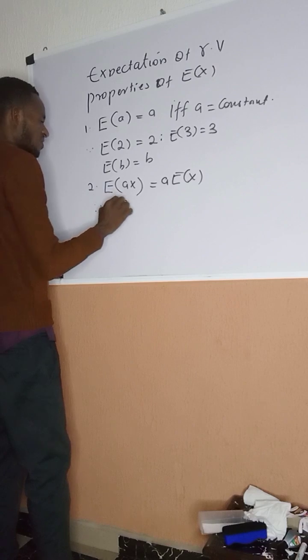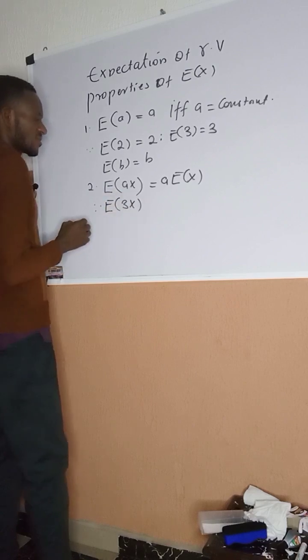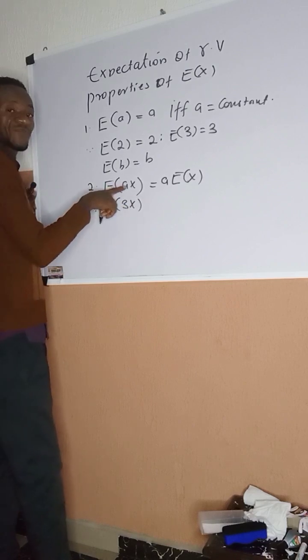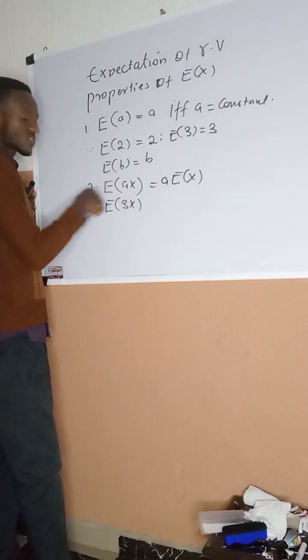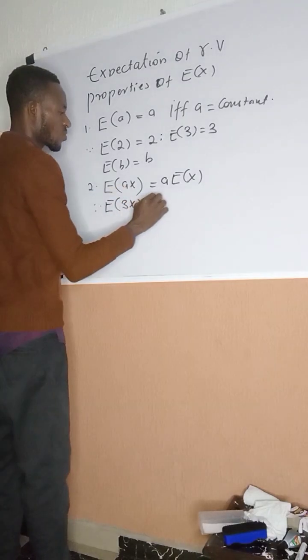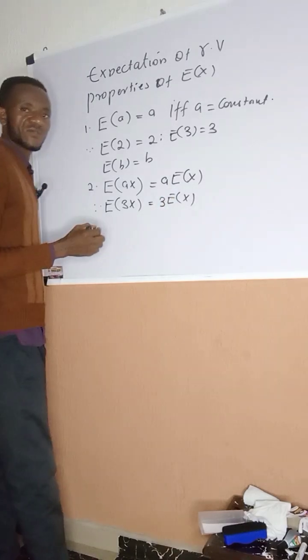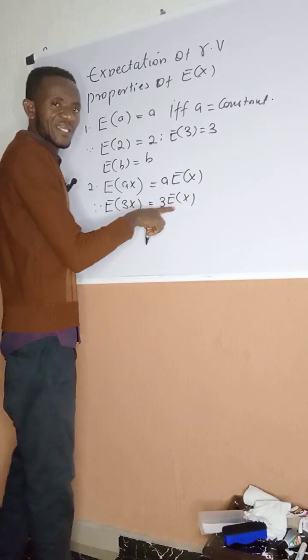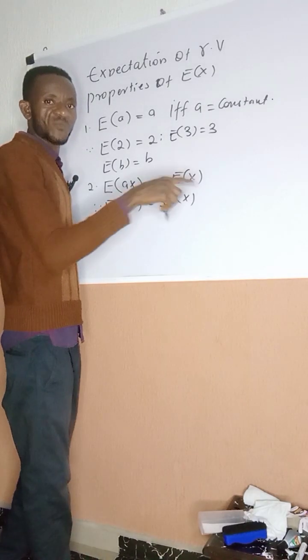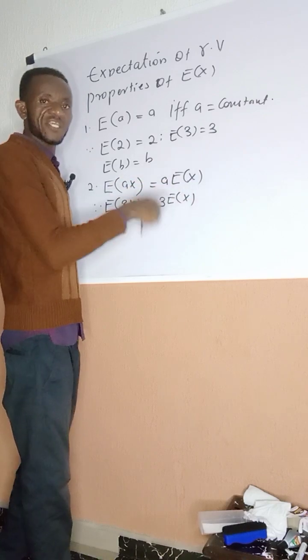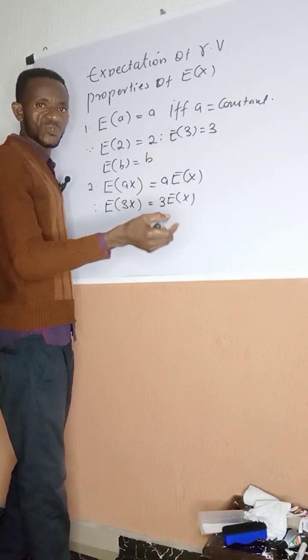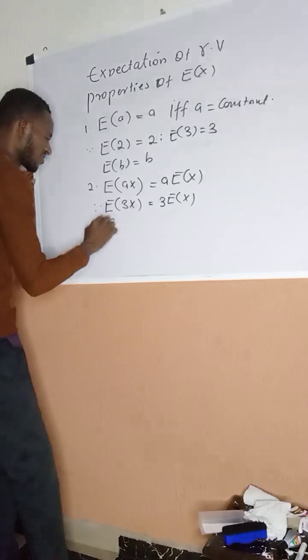E of what? 3 what? X. This 3 stands as if to say, is this A? So it comes outside and becomes what? 3 E of what? Of X. What if we have an idea that E of X is something like what? 3, or E of X is something like what? 2. You say, given that